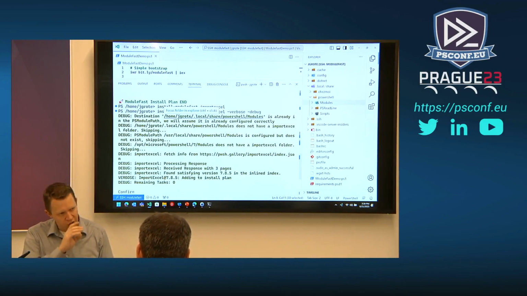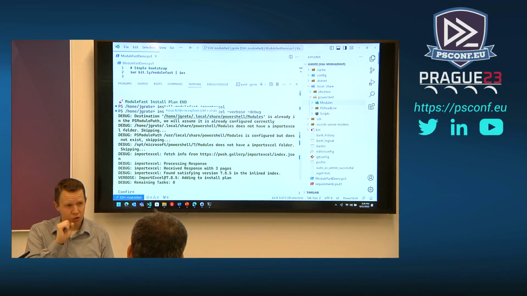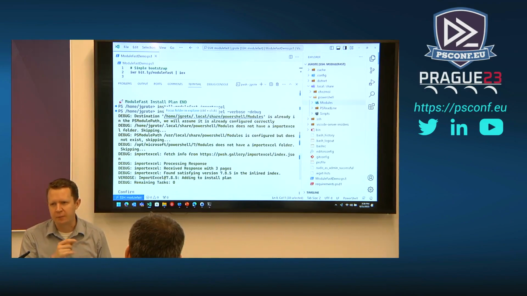There is a discussion issue in PowerShell to change it on Windows to go to local app data. And hopefully that'll happen for PowerShell 7.4, 7.5, etc. But for now, that still happens. So the way that my ModuleFast works is that it will put it in the place where PowerShell will hopefully